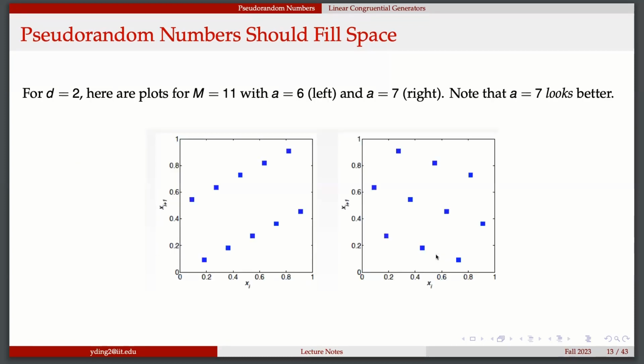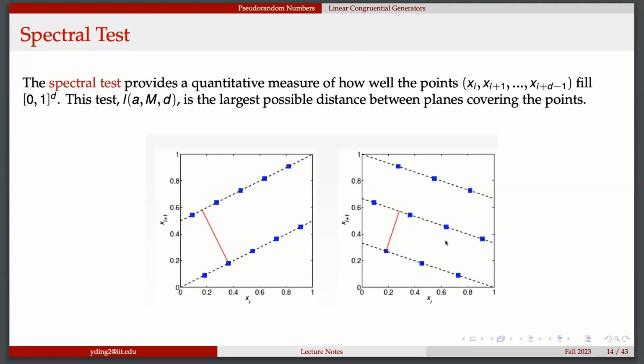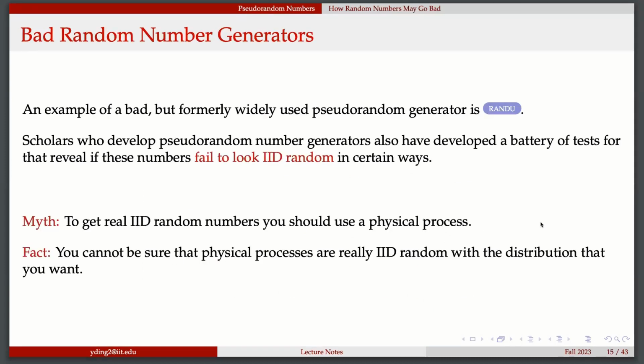So for this one, if you check these 2, which one is better? Okay, the second one is better. Why? Of course both have some patterns, but this one looks better because it can spread out a little more compared to the other case. So we will define one way to do the test. The second one looks better because it is more evenly distributed, spreading out over the whole screen.